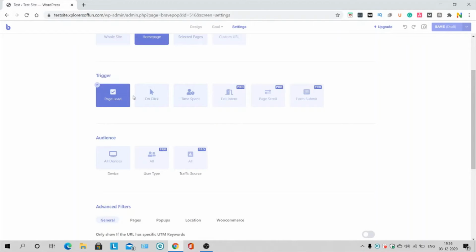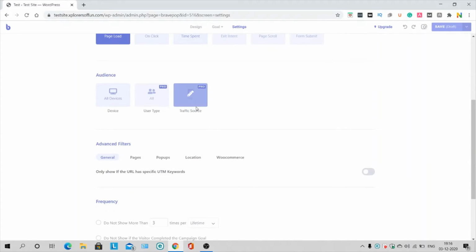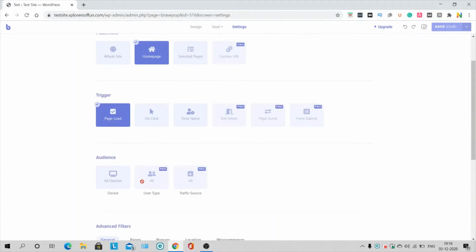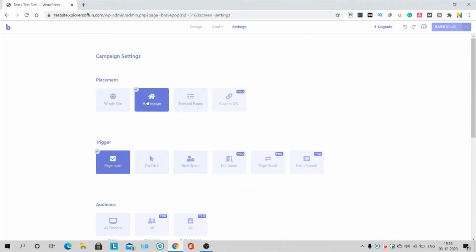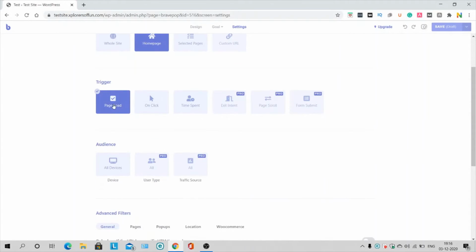But if you want a drag and drop interface, then you can even work with page load and on click or time spent pop-ups. Audience you can select based on the devices in the free plan, and there are also some frequency settings. Now I have selected the home page and trigger on page load.